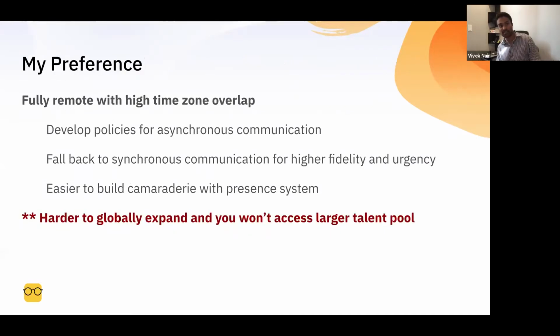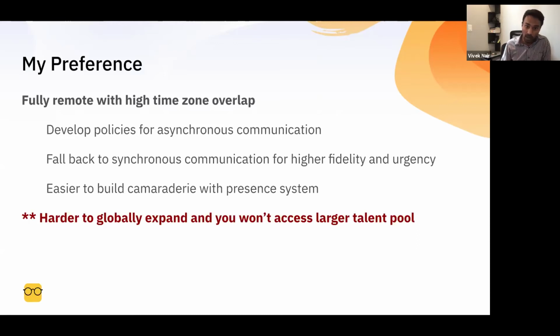And I guess the rub, after discussing all 4 of these, is what is my preference with respect to these 4 different types of teams. Generally speaking, and this is just my preference, I love fully remote teams with a high degree of time zone overlap. That doesn't mean that you're always going to use synchronous communication.